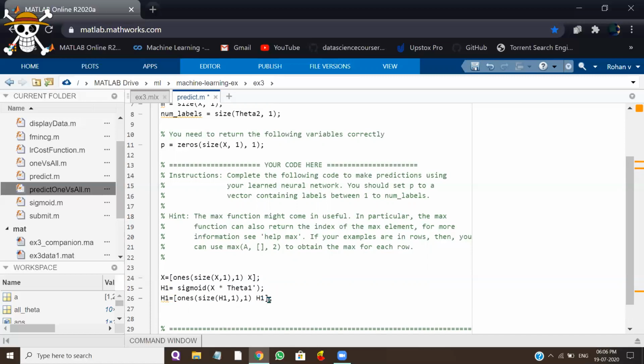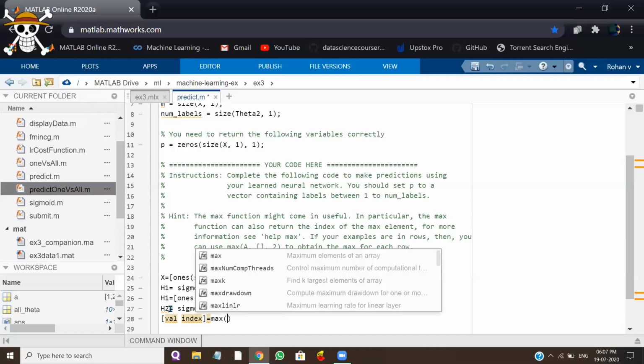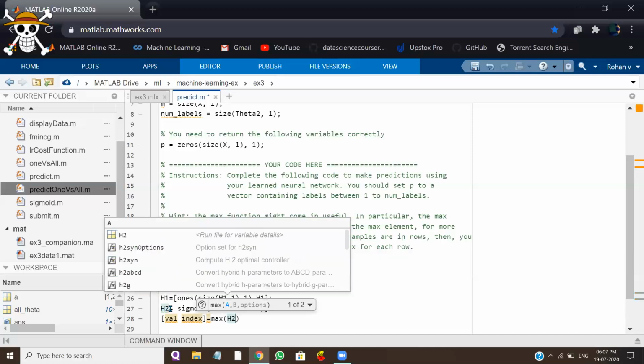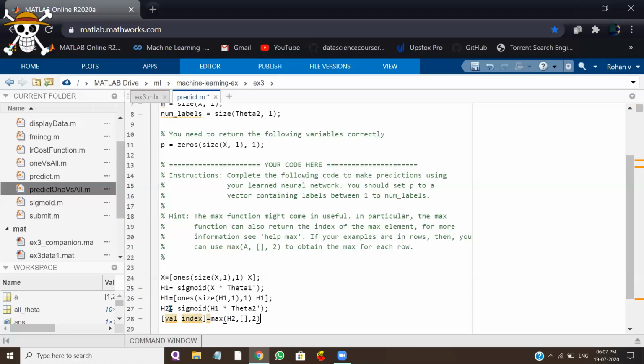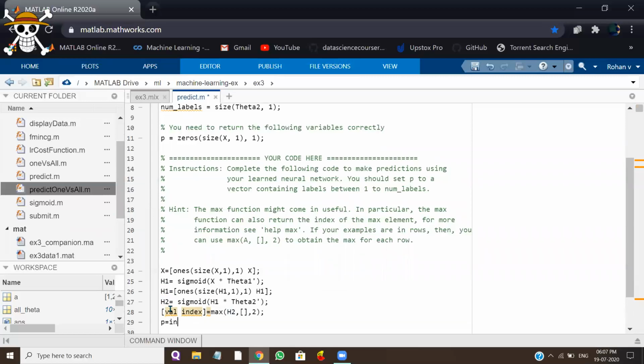Make sure you leave a gap here. Same thing, we are using a max function, which returns value and index. And then we are returning the index.